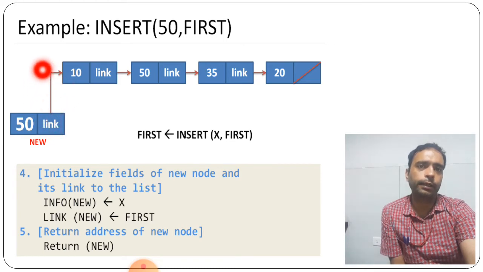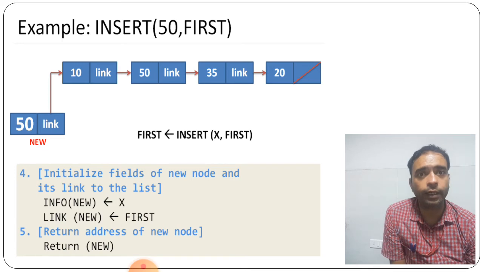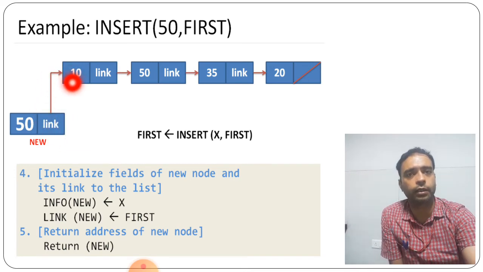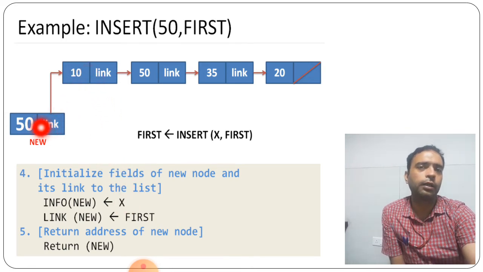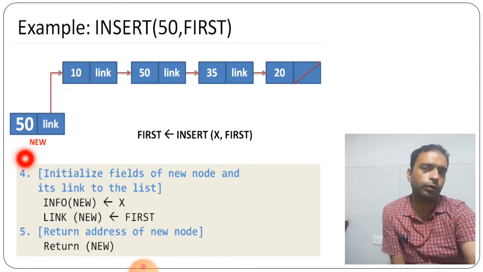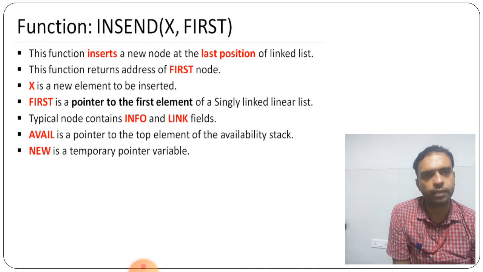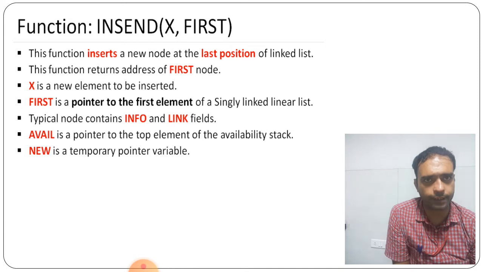और फाइनली इसके लिंक में हम लोग किसको डाल देंगे? जो फर्स्ट वाला लिंक है, न्यू के लिंक में कौन सा चला जाएगा? फर्स्ट को जो पॉइंट कर रहा था, अब वो फर्स्ट को कौन सा पॉइंट कर रहा था? अभी 10 कर रहा था, इसका जो लिंक पार्ट है उसमें वो फर्स्ट वाला जाएगा. Now first will be placed here, so new will be finally returned. So this is how we are inserting at the first position. इसका मतलब है कि insert at the end, that is insert at the last position, we can say